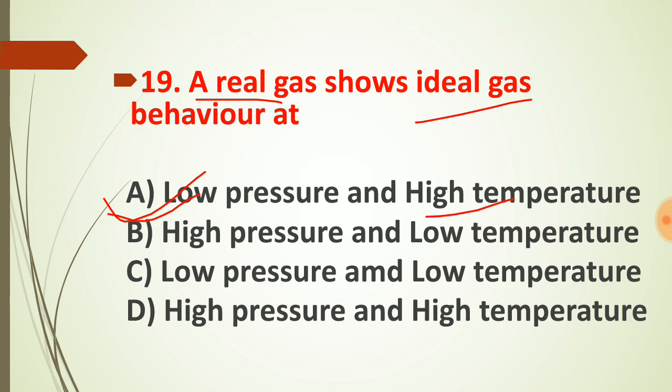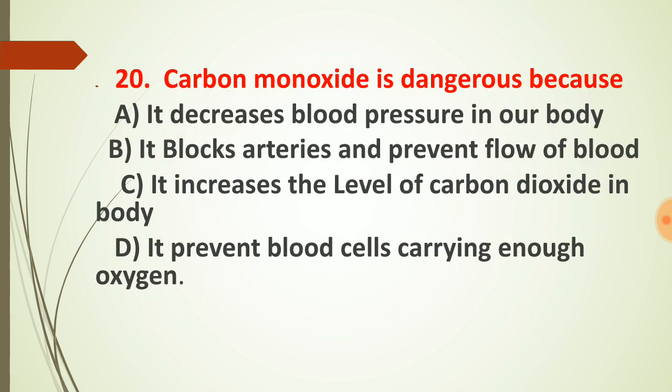The behavior tends to ideal gas. Question number 20. Carbon monoxide is dangerous because it decreases blood pressure in our body. It blocks arteries and prevents flow of blood. It increases the level of carbon dioxide in our body. It prevents blood cells